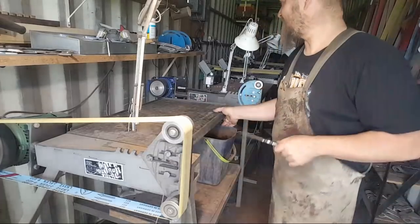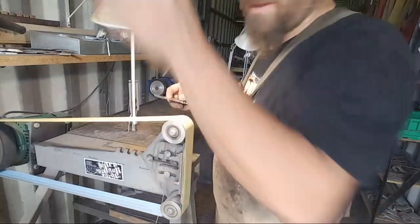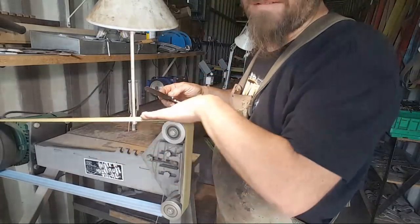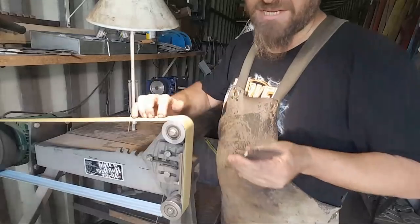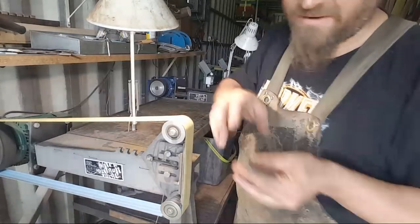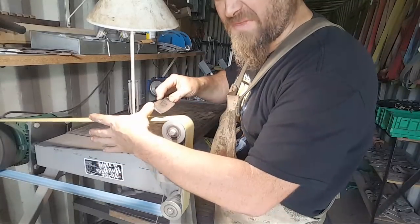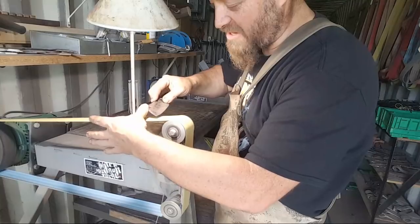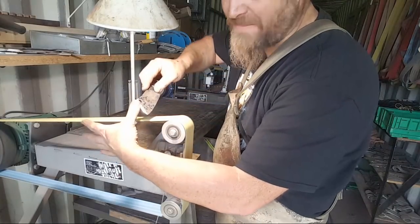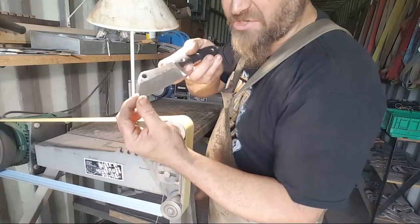Okay, so let's not talk any further, and let's just grind this thing. Right here, it's a blunt 400, just enough to do the nails. Then clean stuff up a tad. So blunt 400, medium speed. I start with the tip. Don't start at the heel, start at the tip. If you start at the heel, the natural tendency is to do this. When you do that, you will be rounding and losing that sharp tip. So start at the tip,